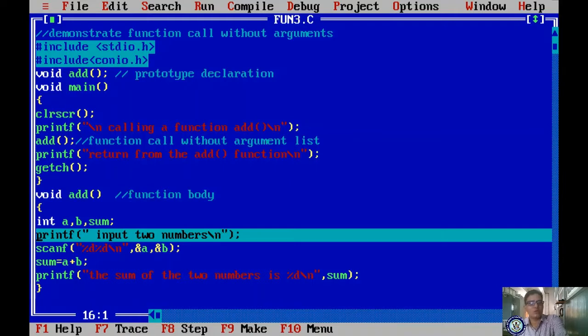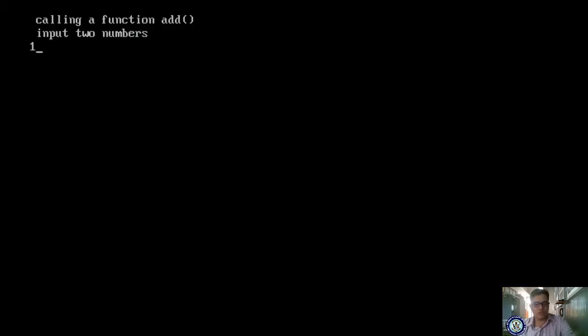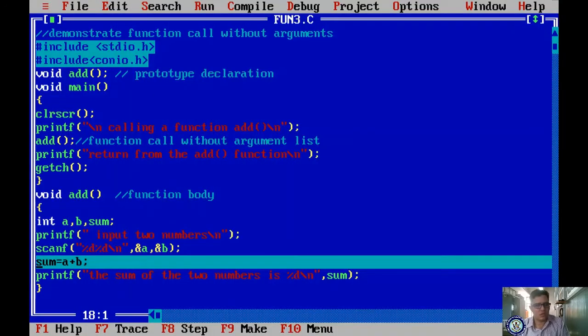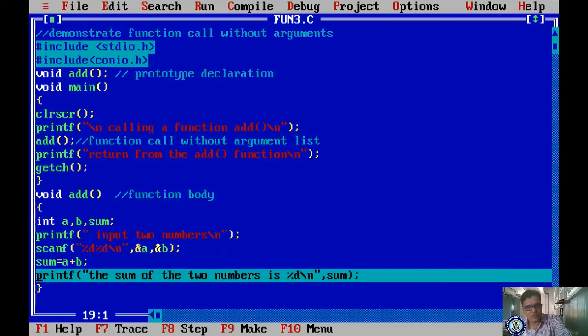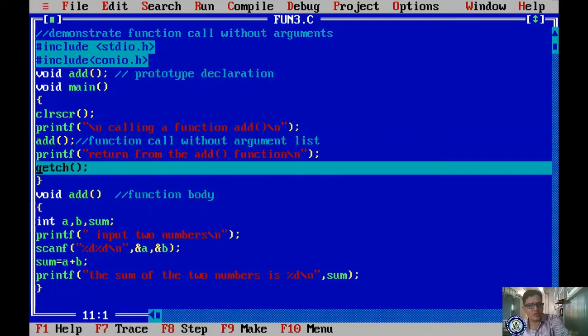Whatever variables you have declared will be accepted, and whatever output statement you have specified, input 2 numbers, it will accept. Scanf, you have to read 2 values from the keyboard. Now F7, it is asking for 2 values, 12 and 38. Yes, and I'm pressing and pressing. What happened here? Percentage d. Okay, now press F7.